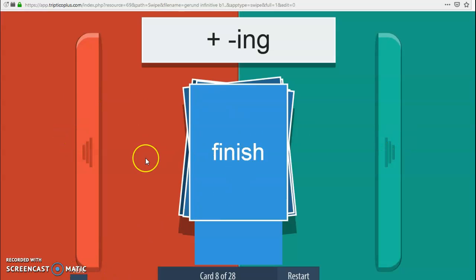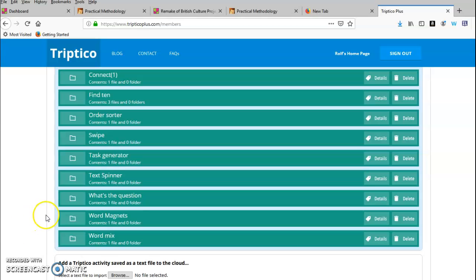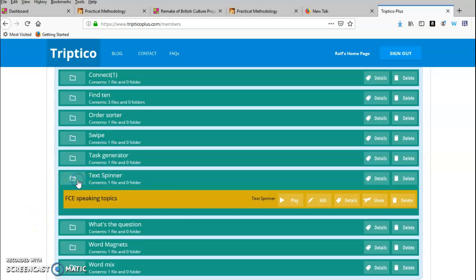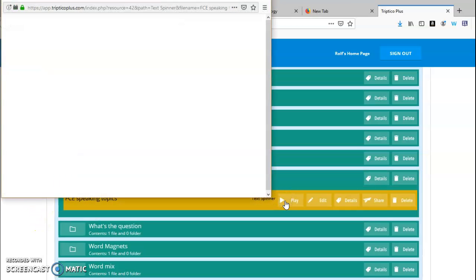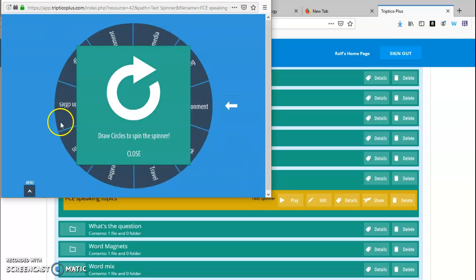So this swipe is literally black or white. Is it possible or not possible? And it depends on the language area or grammar area you're working on. Let's move on to the next tool. It's called Text Spinner. You can literally create a wheel. You can see behind the wheel each segment is a topic, and then